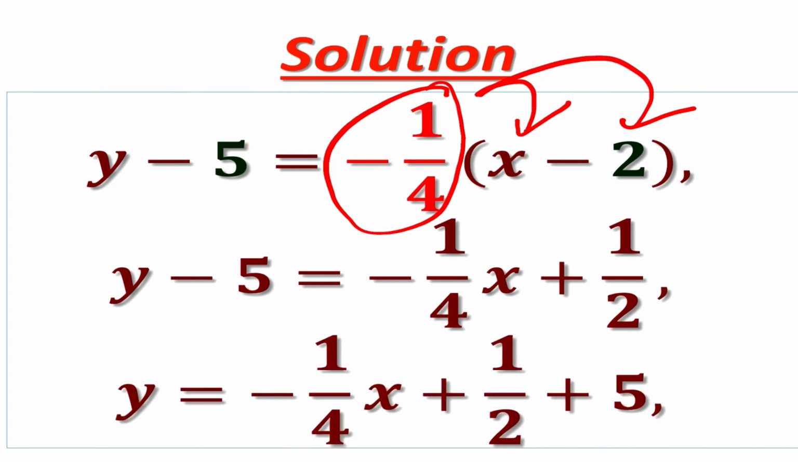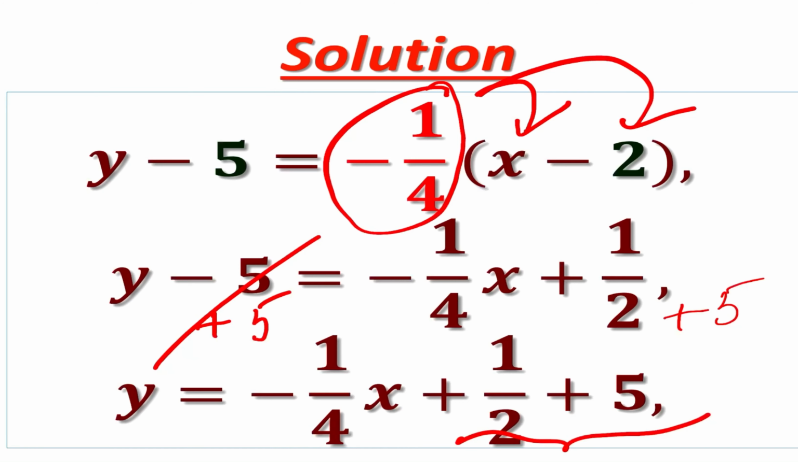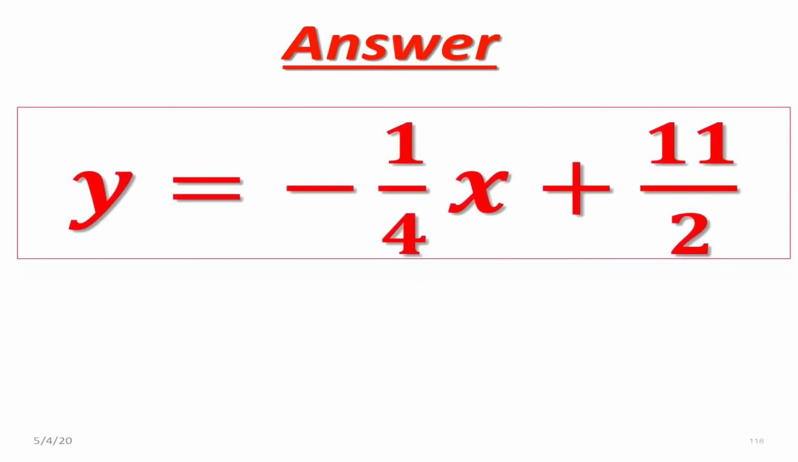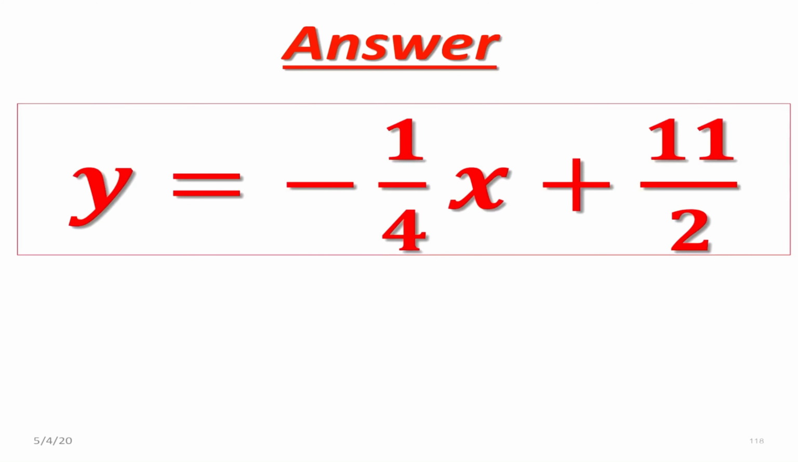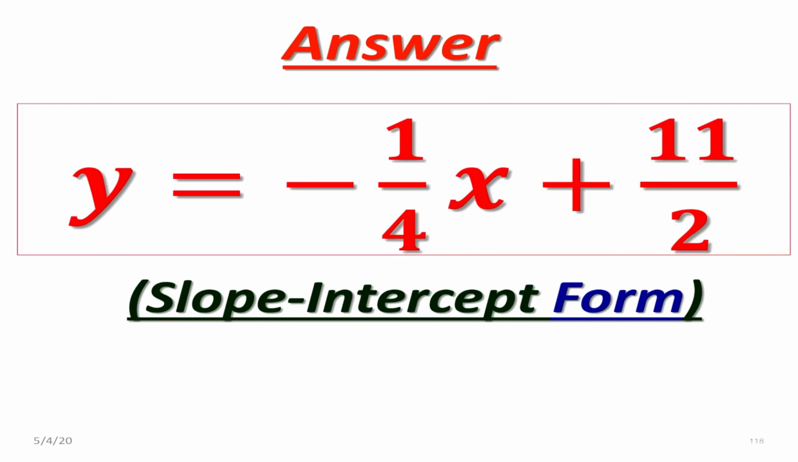And now we want to move negative 5 to the right side by adding 5 to both sides of your equation. So we can get rid of 5 on the left side, and on the right side we need to combine a half and a 5. So your final answer is going to be y equals negative a quarter x plus 11 over 2, and this is